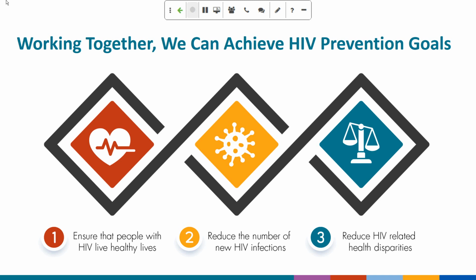As I just mentioned, we have some great prevention options. However, we still have some major challenges. Some groups are at very high risk of getting HIV during their lifetime. For example, communities of color, gay, bisexual, and other men who have sex with men, and people who inject drugs. We also know that we have groups that are at risk for outbreaks. People's health is on the line, and to achieve these prevention goals, we need to use all tools available to us.